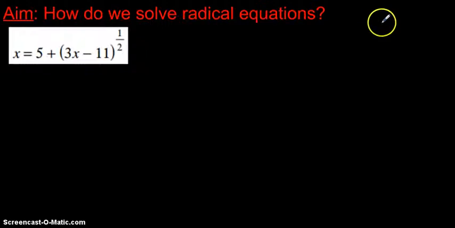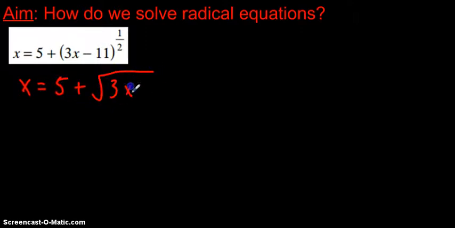Alright, so we're going to solve a radical equation, and I'm sure your question is, where's the radical? Well, sometimes they appear in the form of fractional exponents, and an exponent of 1/2 is just another way of saying a square root. So this is the equation x is equal to 5 plus the square root